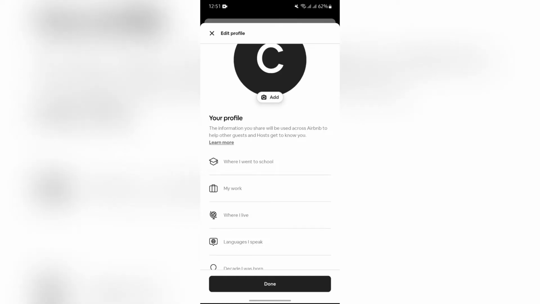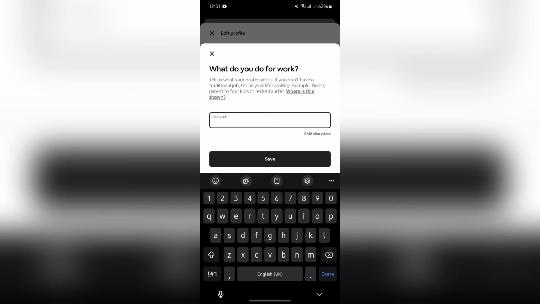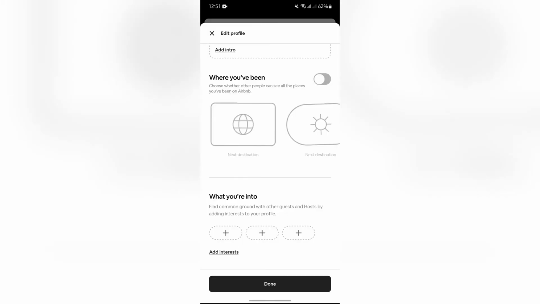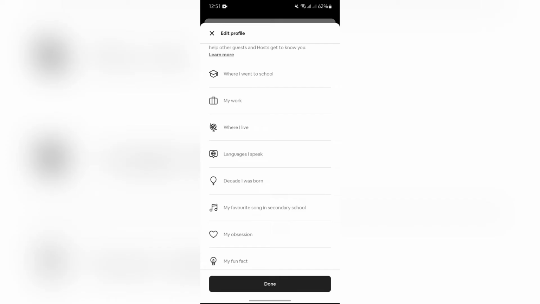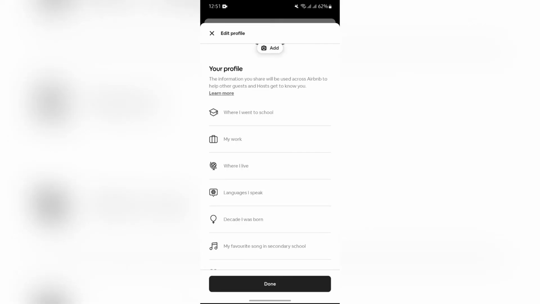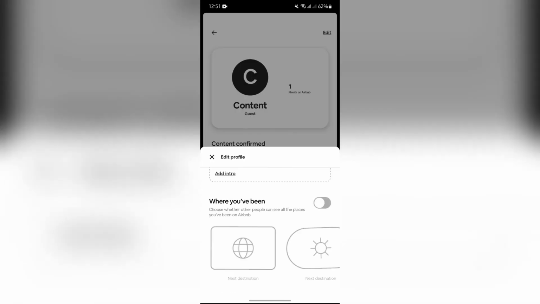You just simply have to enter all the details, and into my work section you have to describe your experience or work into this page. And after this, you have to fill all of the details into this section and make it so professional and unique. And after describing your experience into work section, you just simply have to set your price, click to done